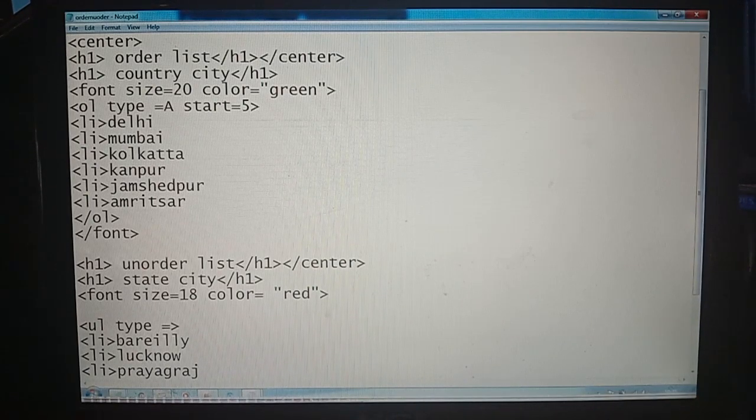We will type the value in double quotes, that is SQUARE, and we will mention this in this manner. This also we can continue with this size. Clear everyone?